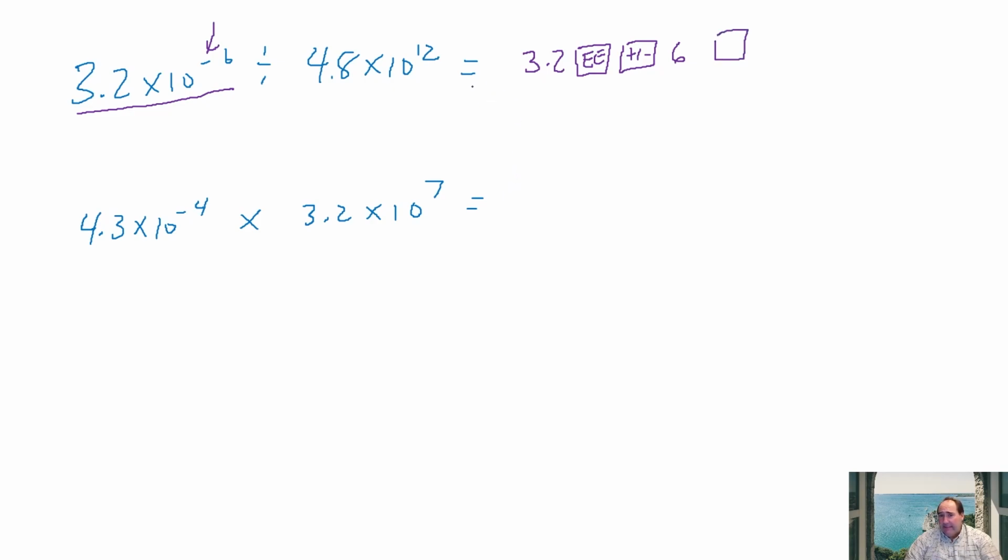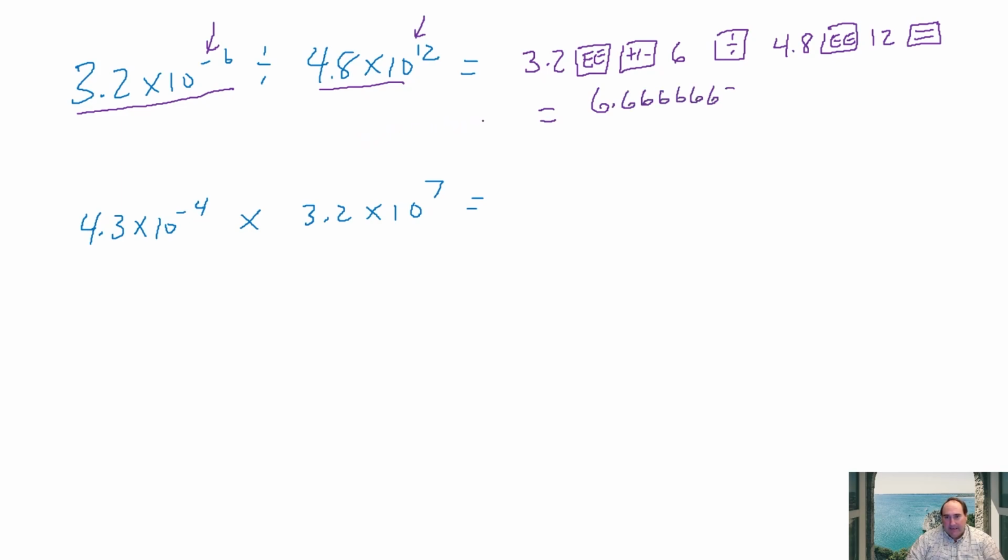I'm going to hit the divide button because that is what we're doing. And I'm going to put this number in the same way. That's going to be 4.8. Once again, exponent button here. This is a positive exponent, so I'm just going to roll a 12 in there. No need for the negative, and hit equals. And grab my calculator, see what we got going on. Since I just made this up, 3.2 exponent button, negative button, and 6 divided by 4.8 exponent button and 12, hit equals. On our calculator here, you get something like